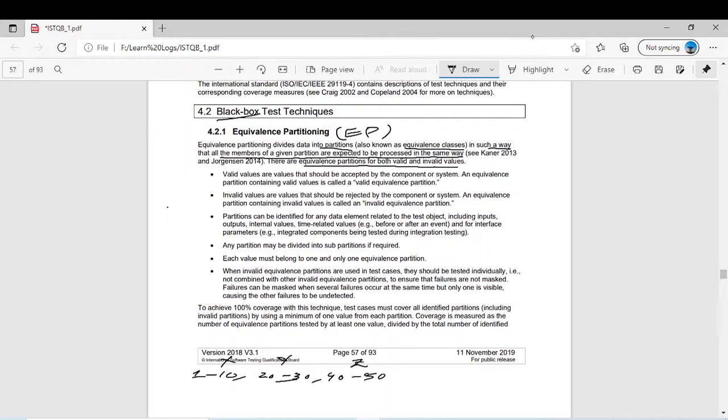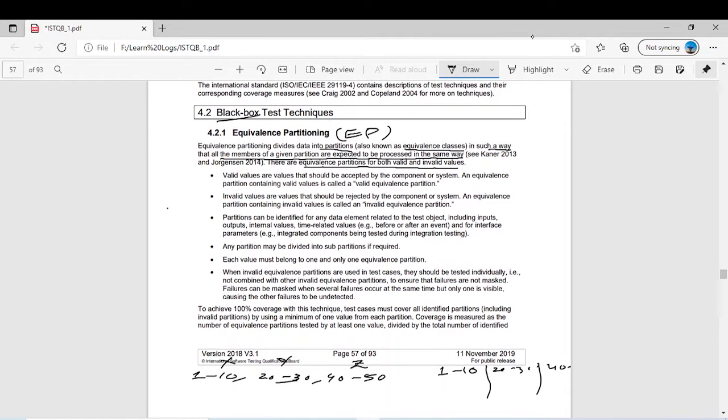So what you will do, first of all, you see there are three classes given. The first class is 1 to 10, the second class is 20 to 30, and the third class is 40 to 50. Actually, if you say class X, whether you take the value 1 or 10, all will have the same behavior. They have divided it in such a way. If it is class Y, all the values will have the same behavior. If you have class Z, 40 to 50, all the values will have the same behavior.